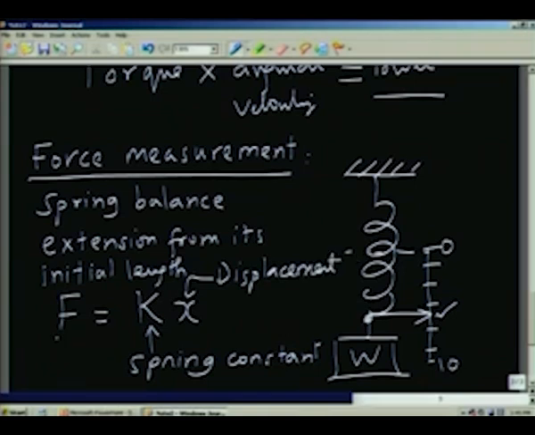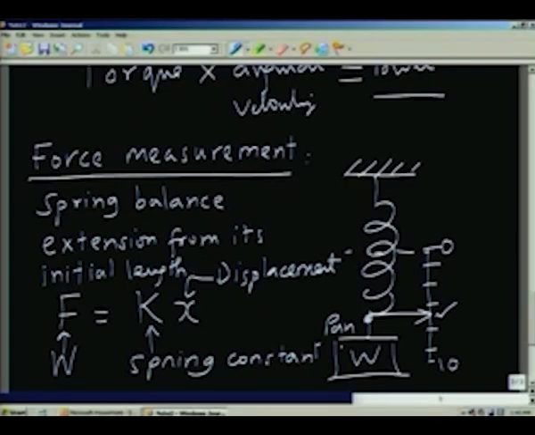And what I am measuring, of course, in this particular case, is nothing but the weight of the object which is put in the pan. This is the pan here. Of course, when I said extension from its initial length, it will mean when the pan is also there. So, the pan may have its own weight. So, you adjust the 0 such that with just the pan it is zeroed, that is the position 0, and then from that onwards whatever takes place is due to the weight of the object which is hanging from the support, hanging from the spring.